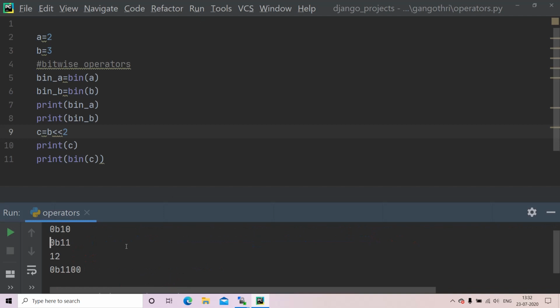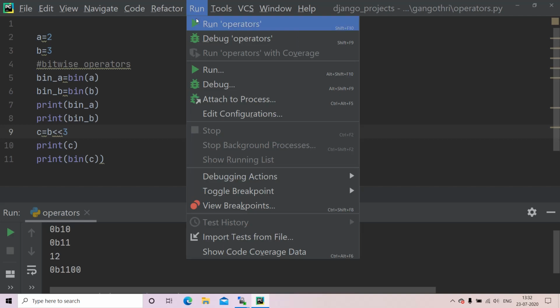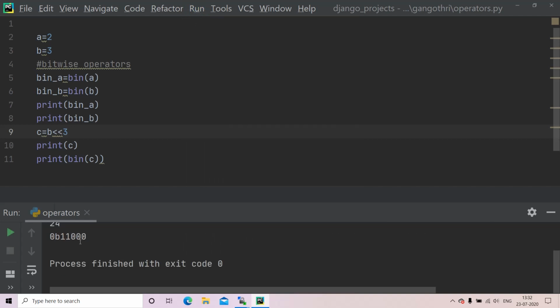Here, how it works is the ones are shifted to the right and the empty spaces are filled with zeros. And if here we give 3, then let us check what happens. The ones are shifted 3 spaces and the 3 empty spaces are filled with zeros.